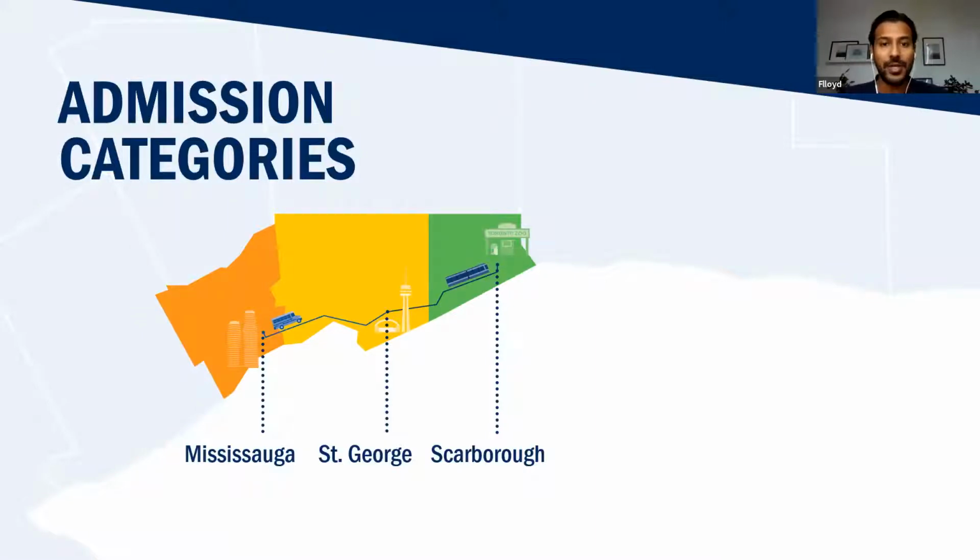An admission category is a broad set of fields like life sciences or humanities that encompasses multiple programs of study. So biochemistry and psychology, for example, would fall within the life sciences, or history and philosophy would fall within the humanities. Again, you don't have to declare specific programs of study during the application stage. So when you apply, you're not applying specifically to biochemistry, you'd be applying to the admission category of life science. Just the same, you wouldn't be applying to history, you'd be applying to the admission category of the humanities.